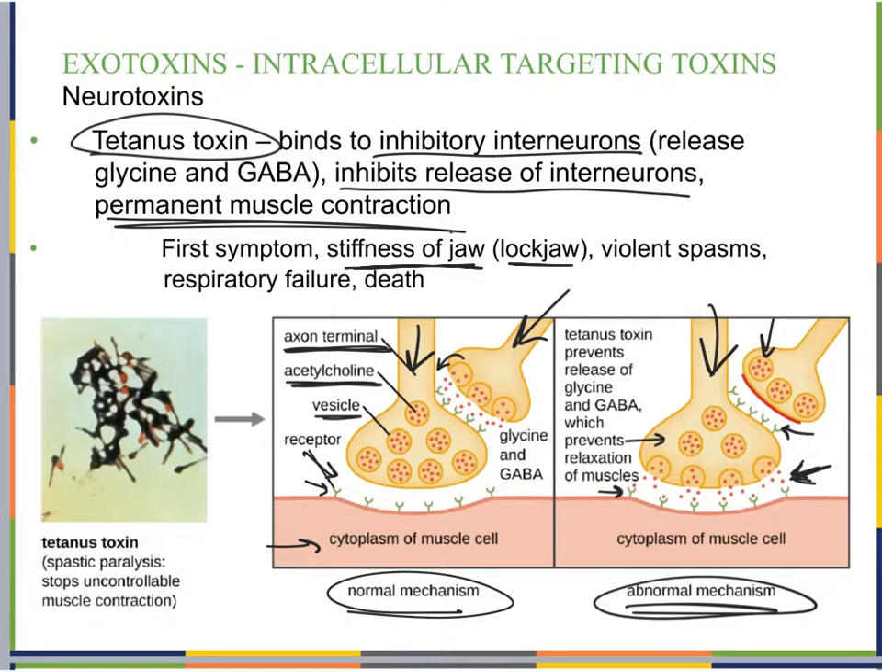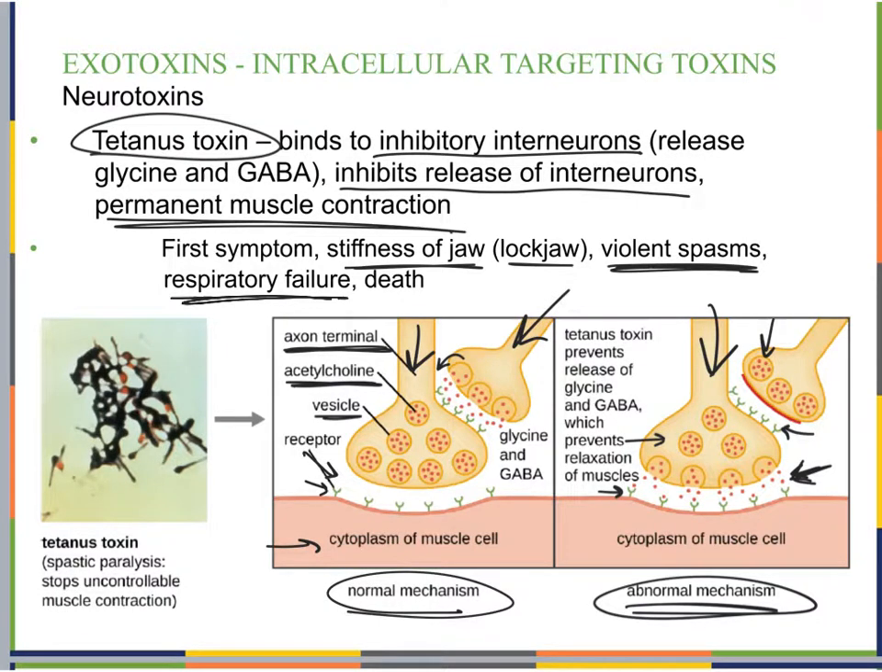And this is because of that constant release of acetylcholine, which is going to constantly keep those muscles contracting. We also have violent spasms because, of course, we're constantly releasing acetylcholine, constantly telling our muscles to contract, so we have spasms. This can lead to respiratory failure because, again, if we have our diaphragm and our intercostal muscles and we're constantly telling those muscles to contract, then they're not going to be relaxing at any point